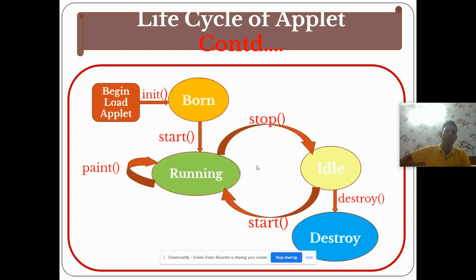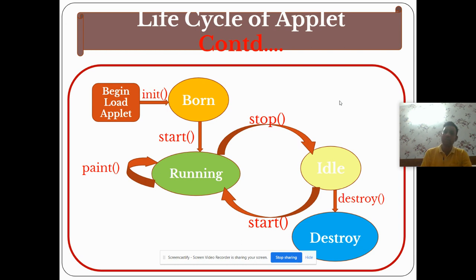This is the diagram of the applet life cycle. The applet is born by calling the init method. Whenever the init method is called, the applet is in the initialization state or born state. After the born state, whenever we use the start method, the applet state changes from born state to